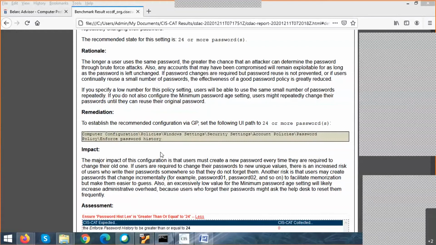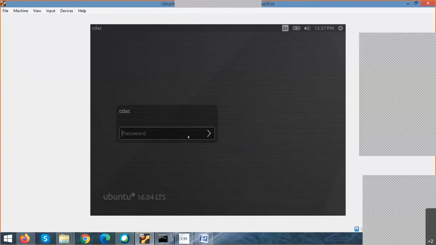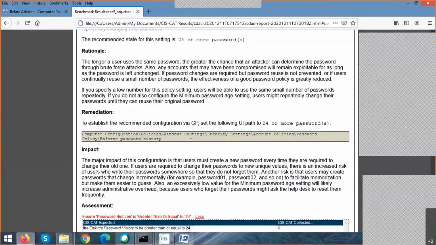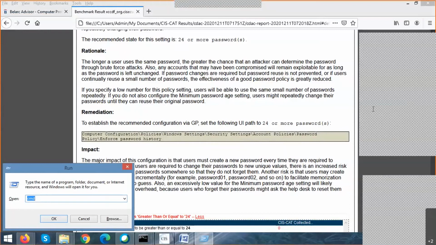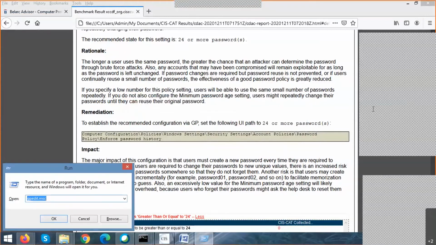Let me start the VM. I'm using a VM here, let me just shut it down and I'll show you. Yeah, got it for Windows 7. How, Rohit Jain sir? Can you tell me how you got it for Windows 7? Can you guide others on the same thing, gpedit.msc? I think others are not able to do it. Yes, gpedit.msc, hit enter. Yes, it opens. So you are typing in Windows 7, Rohit sir.